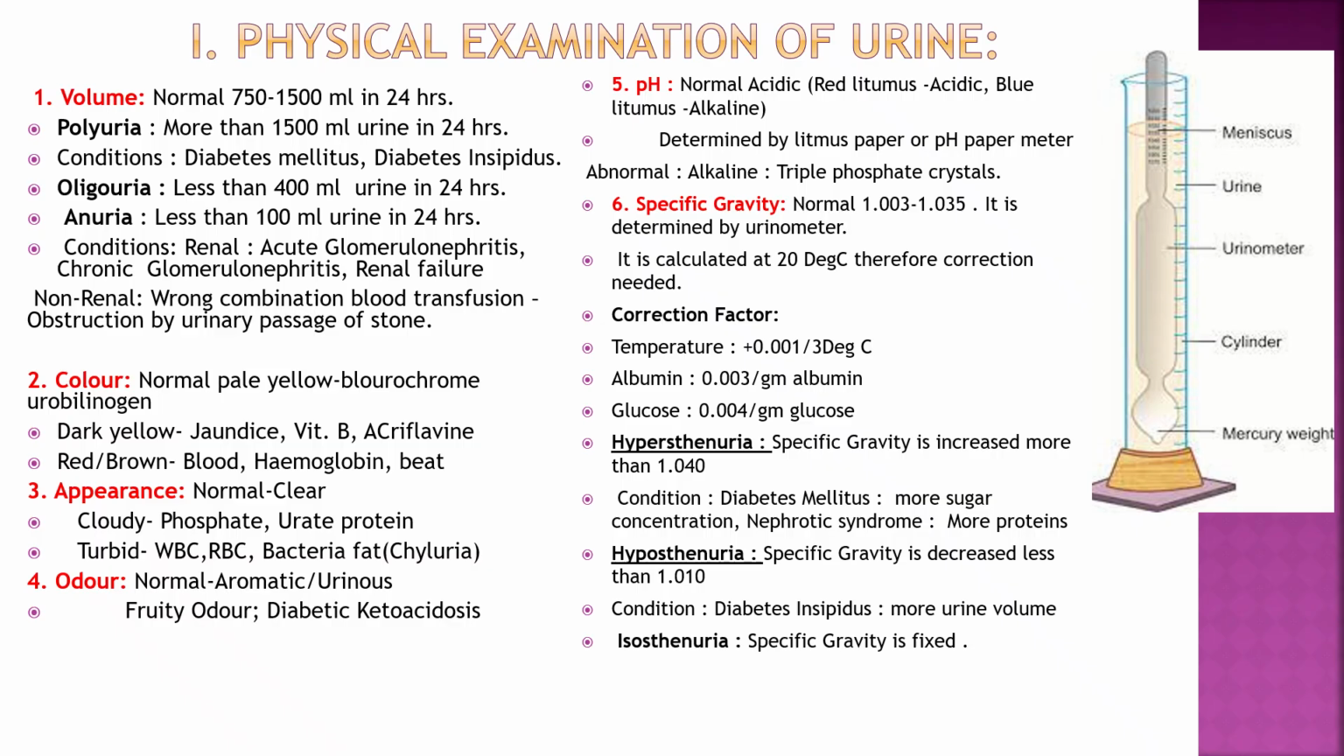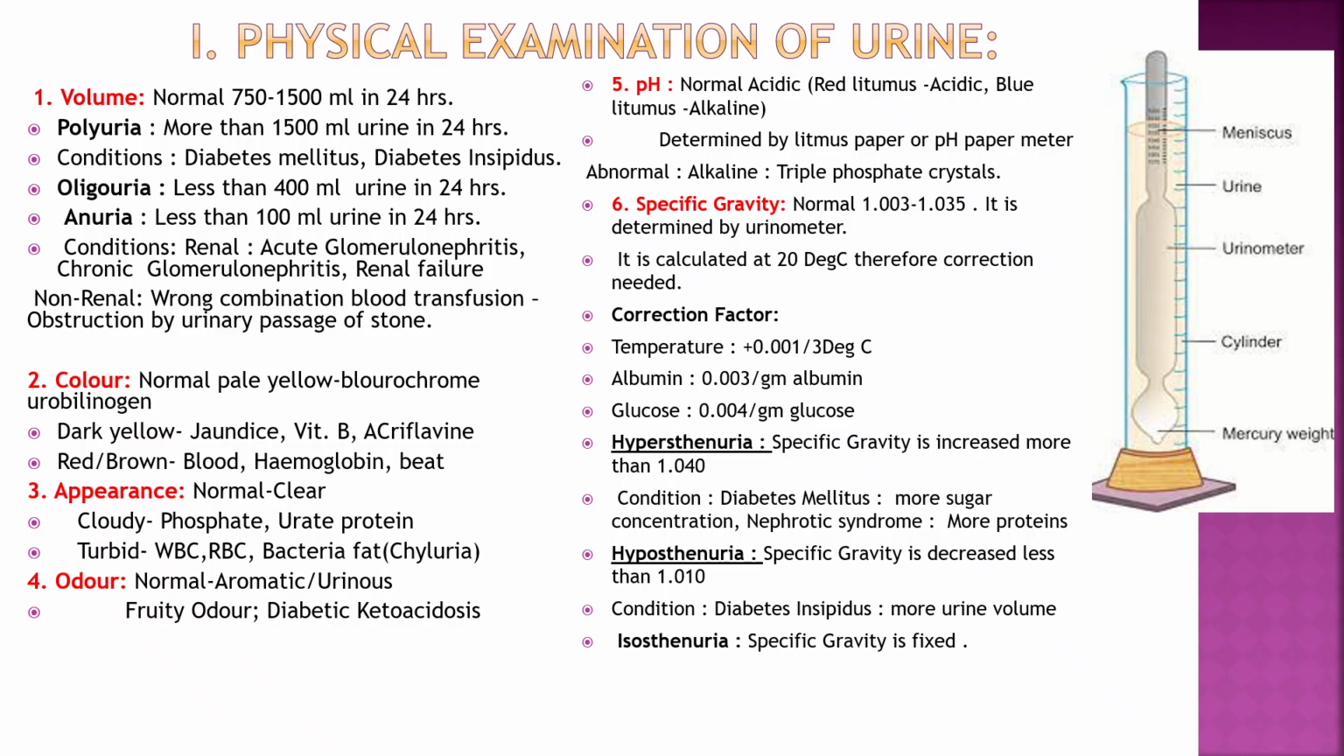Now second point is color. So normal urine is pale yellow in color because of the urochrome or urobilinogen formation. Dark yellow, it is abnormal, it is seen in jaundice or patient taking vitamin B12, vitamin B complex medicines. Red or brown, it is seen because of the blood or hemoglobin, or patient has taken beet, so the color